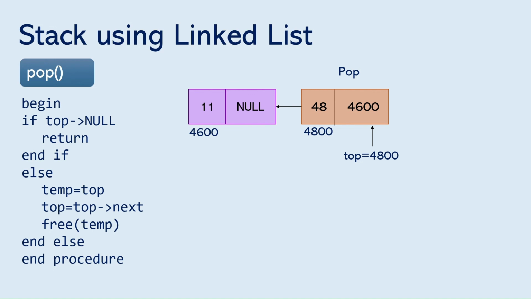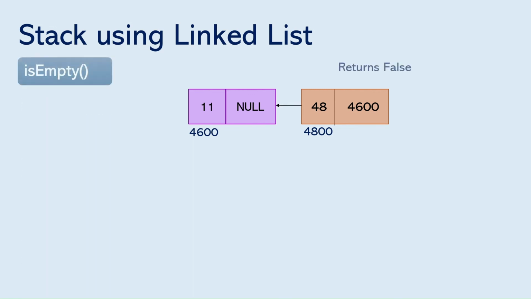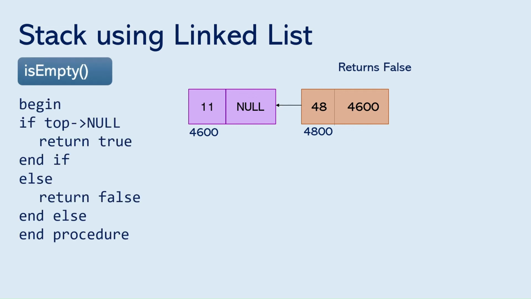I hope you understood the pop function. Now let's see how isEmpty works. So the isEmpty function says that if top is null, then it will return true, end of if statement, else it will return false. So basically, if top is equals to null, then it will return true, or else it will return false. Here top is not equals to null, and top is basically the pointer which will be pointing. So here the top will be 4800,